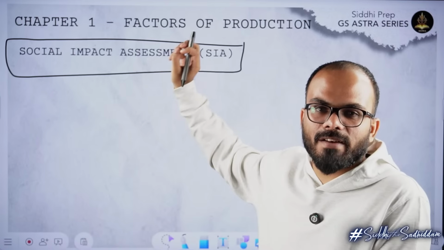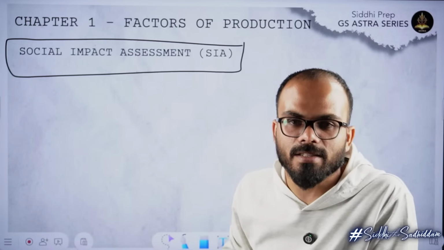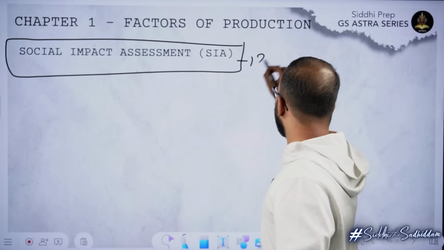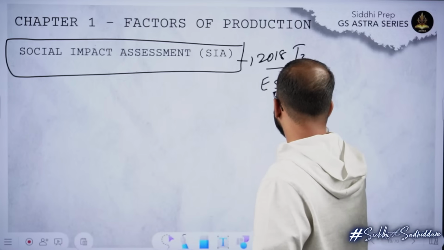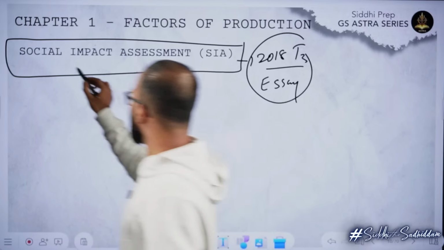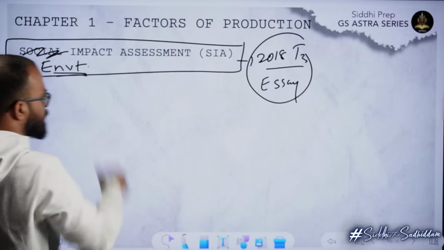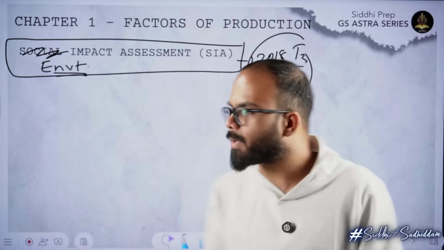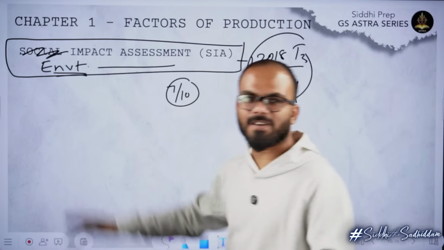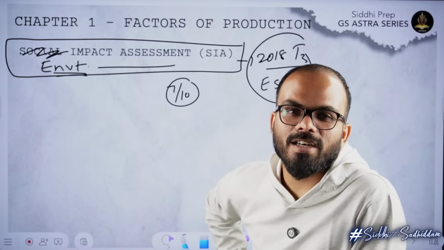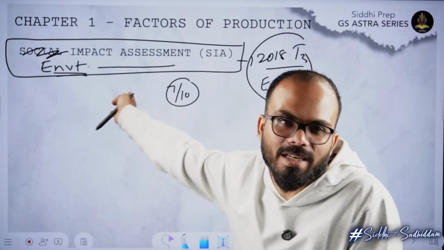There is a specific reason why I have included this word in the slides. Ideally for SSC you don't need this, but I vividly remember in 2018 Tier 3 when there was an essay, instead of social impact assessment they slightly changed the word and they gave environmental impact assessment. And so many people, every 7 out of 10 people, wrote what is environment for this particular topic. So I just wanted to share that anecdote. So I have included the topic of social or environmental impact assessment.